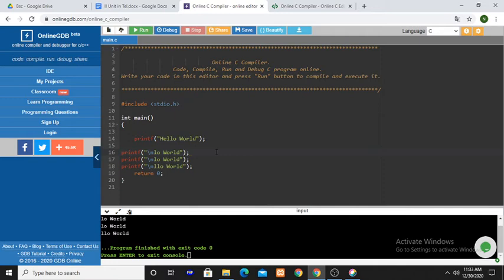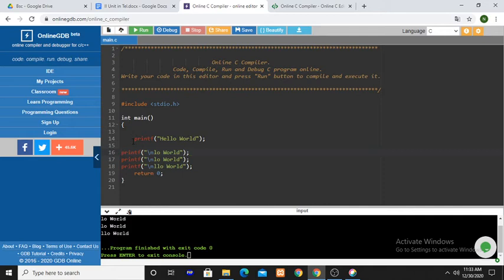So the statement that is repeatedly executed is printf. Four times the statement you have written, so four times it displays the hello world. If you want to display that message 1000 times, you need to write the printf statement 1000 times. It is difficult to write it 1000 times. That's why you can put this statement in the loop control.